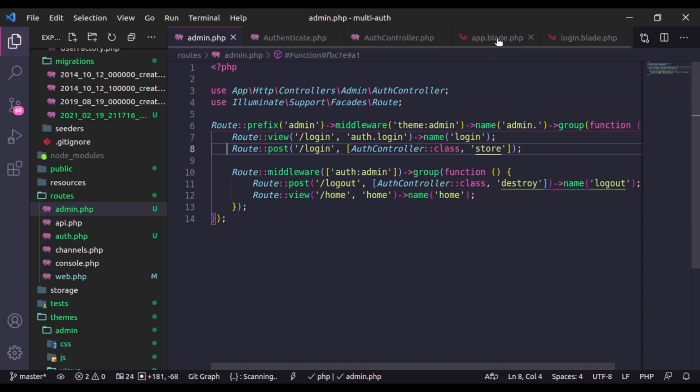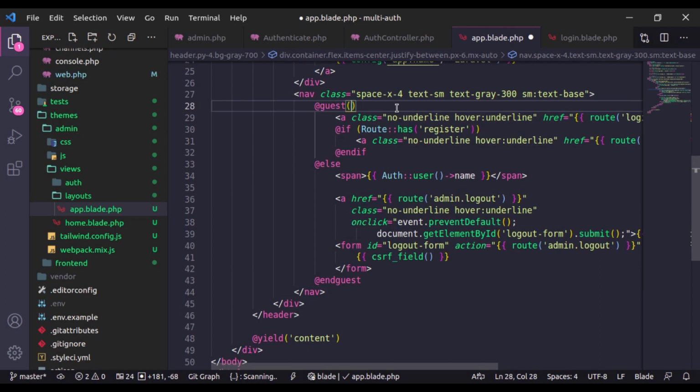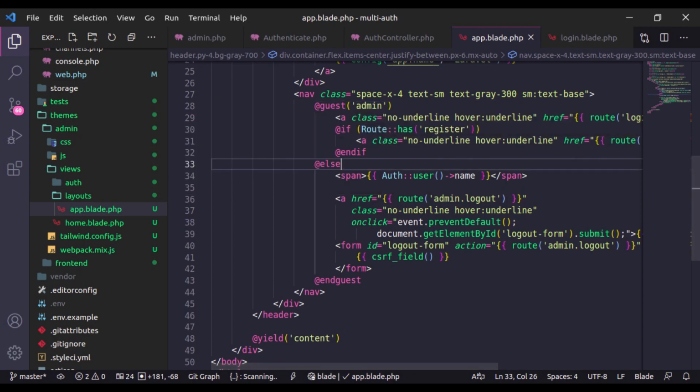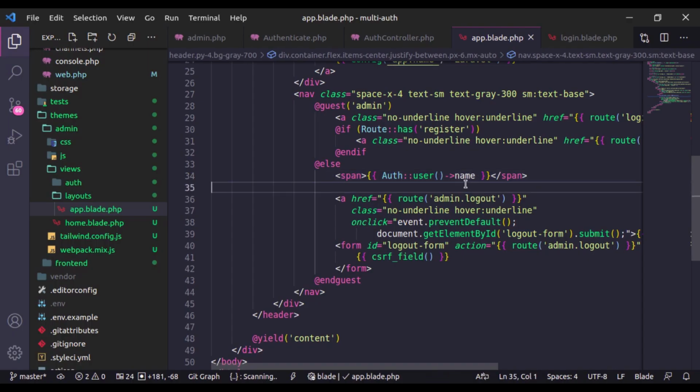So in the admin app layout, right here in this guest, in the parentheses, I will pass guard name, that is admin, like this, and go back and refresh, and here we go. Now we can see it has displayed the login and register links, and right here it has displayed the logged in username. To be safe, here we should also pass guard